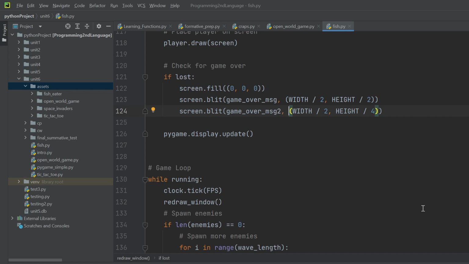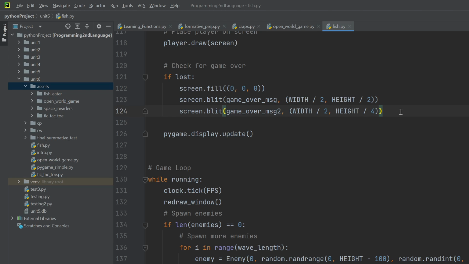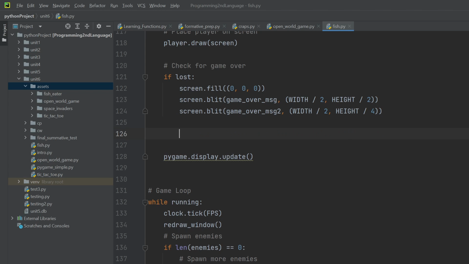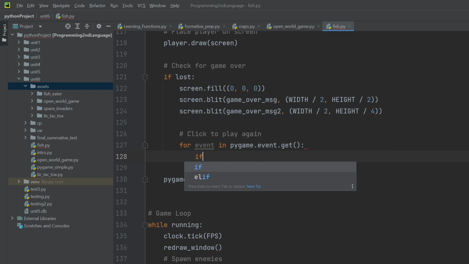And we go back to our code just to fix that. Where was it? Right, here we go. So if lost, and then after this right here, we say click to play again. So we say for event in pygame.event.get, and then we say if